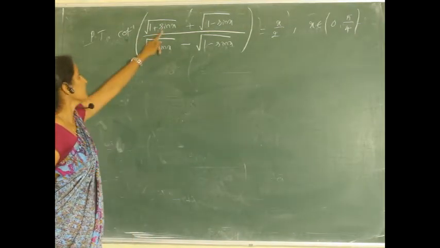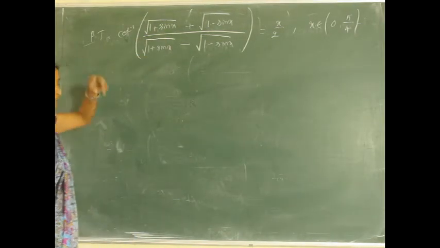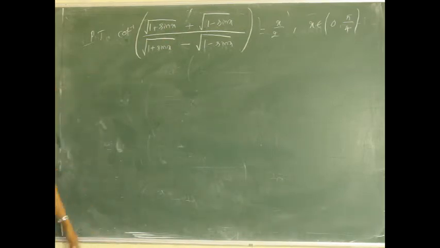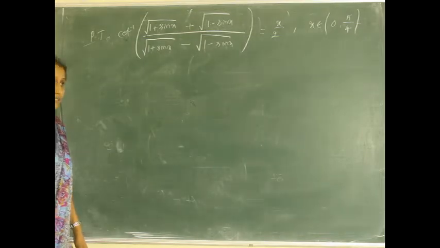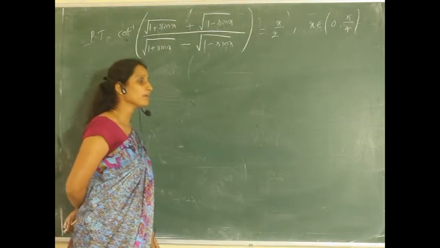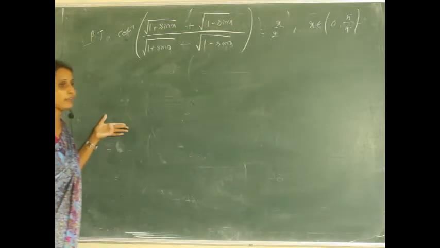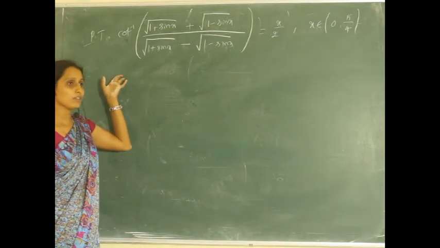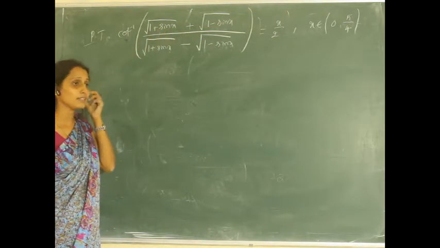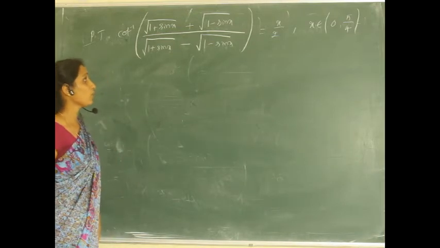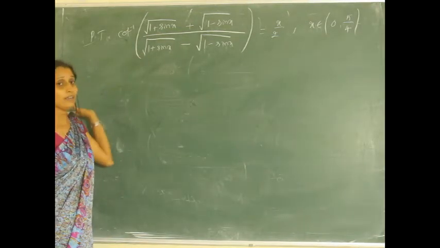And see here, in the previous problem I have written sin x using the sin 2x formula, which is 2 sin x cos x, but since x is the half angle, that will be 2 sin x by 2 into cos x by 2. I won't write that once again; we have used it in the previous problem, writing sin x as 2 sin x by 2 into cos x by 2. So likewise we can write.